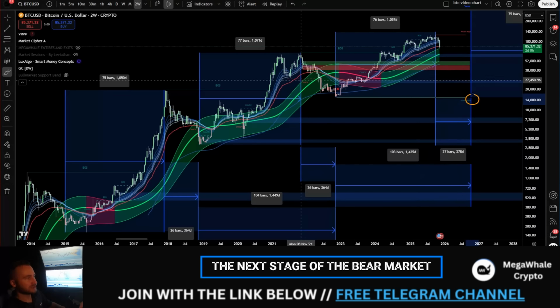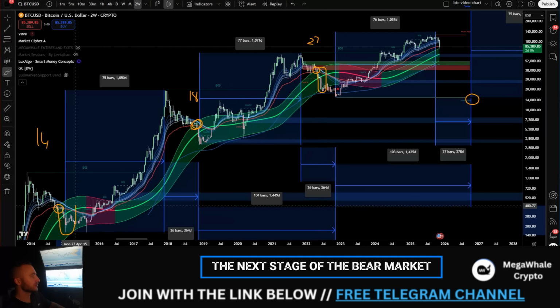If we take a look at this 2-week Gaussian channel in 50 EMA and just circle every single time we've dropped below both of those levels, we'll circle on the bottom left over here as well. We've got the 2014 cycle, we've got the 2018, and we've got the 2022 over here. What we can see is upon the breakdown of the Gaussian channel upper band in 50 EMA, that is when we enter that next leg of the downtrend. That is the leg where we see these significant drops happen over the course of around 2 to 3 months, taking us to retest that lower level of the Gaussian channel